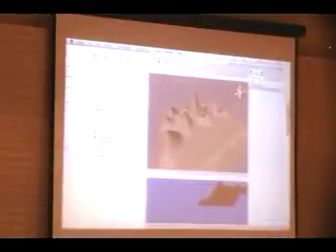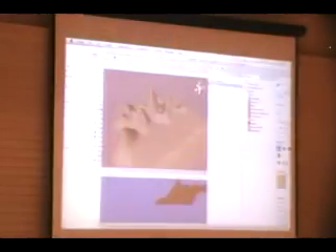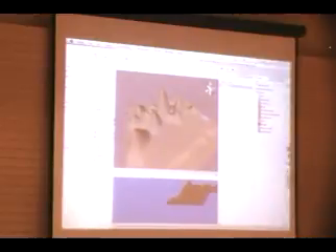Okay, so I'm going to quickly recap. I went to the folder texture, selected it, and dragged it in the project. I select